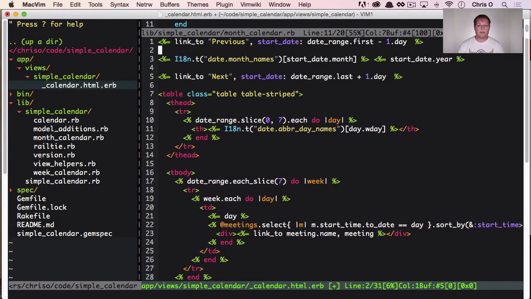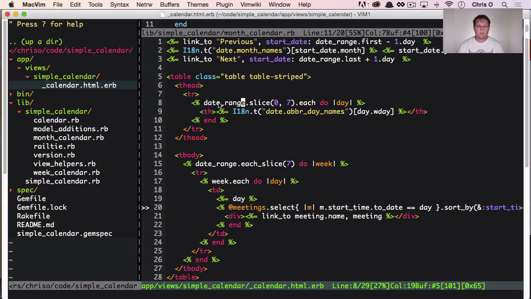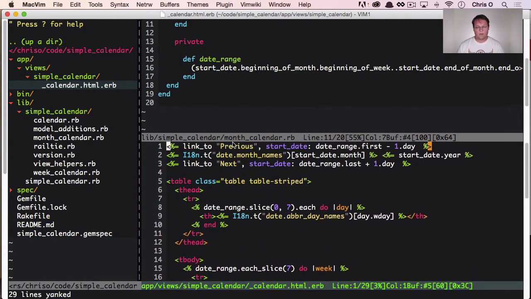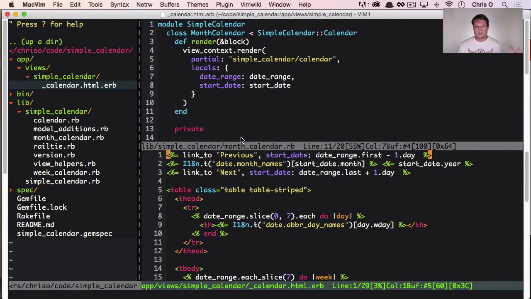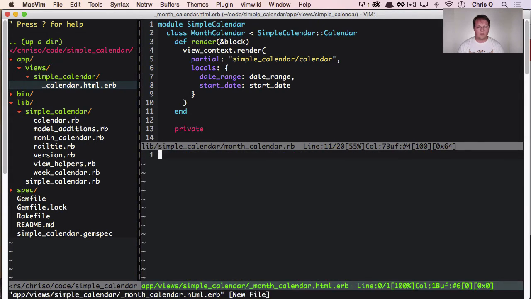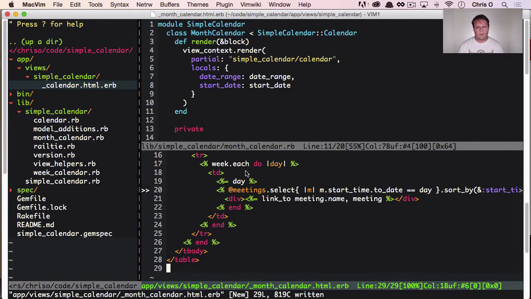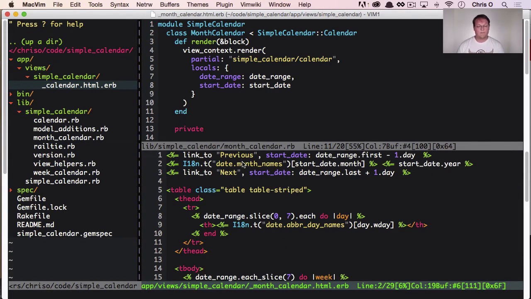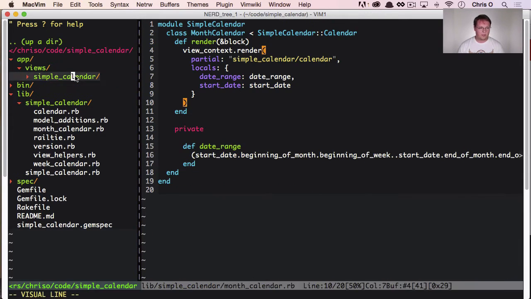So the thing we've got here is we have this calendar one, and we could just render this calendar partial, but I think it would be awesome if we took this and we made a custom one for the month calendar so that it's independently customizable from the default calendar. So what we really need to do is copy this, and we need to edit app views, simple calendar, month calendar.html.erb, and paste in this code so that we have a copy of that we can edit. And this will allow us to say, all right, now that we have the month calendar partial, which should show up